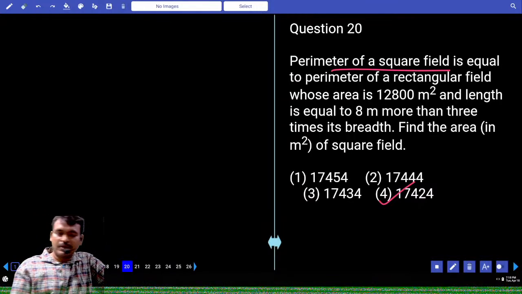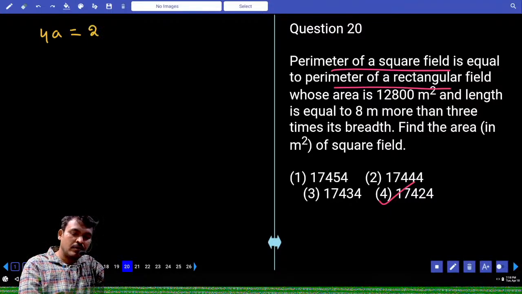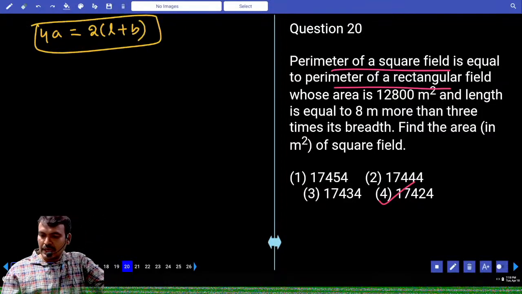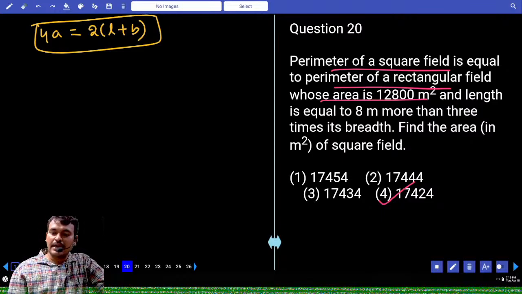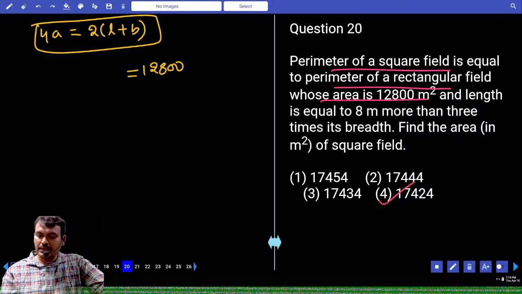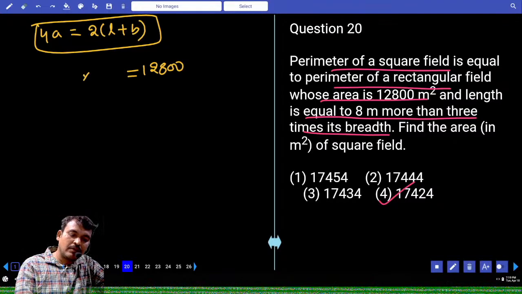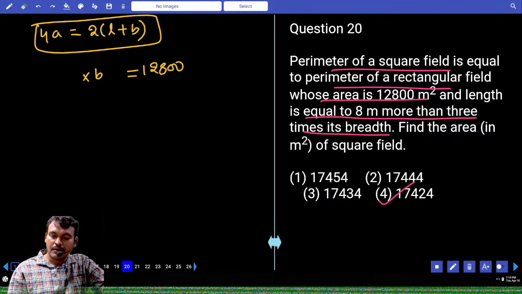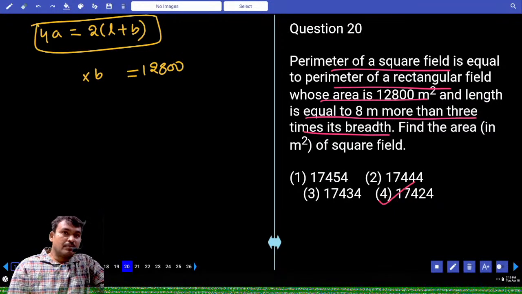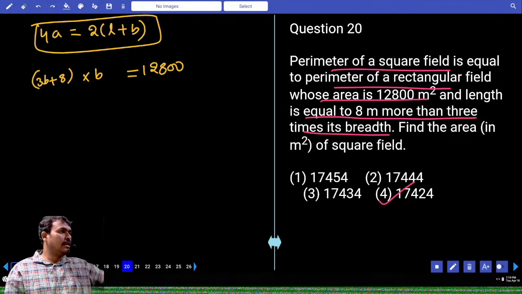17,424. Perimeter of a square field means 4a. It is also equal to the perimeter of a rectangle, 2 of L plus B. What is the second point? Whose area? The rectangle area, L into B, equals how much? 12,800 meter square. And length is equal to 8 meters more than which one? 3 times its breadth. Suppose I write the breadth value as B. Then length is 8 more than 3 times the breadth, nothing but 3B plus 8. Okay. Left hand side L into B,